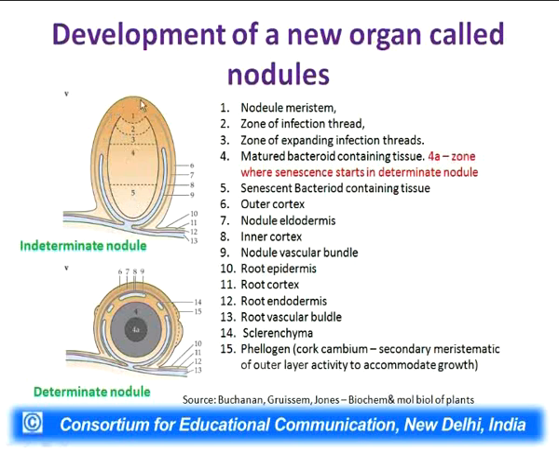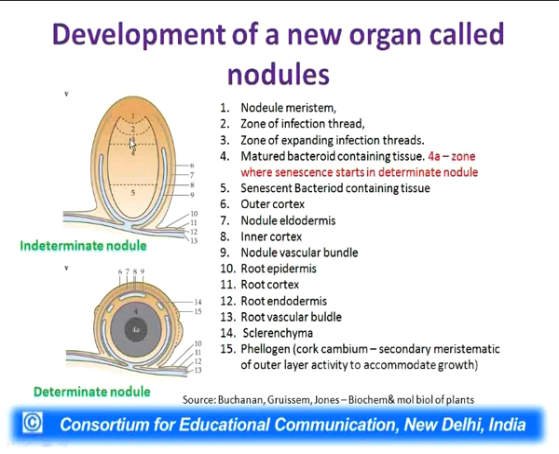So, this is a kind of nodule which does not stop after certain growth, it keeps on growing, and there are different organs made by the plant which look as if they are the plant's own organelles. If you look here, look at this one, number 1. Number 1 is the nodule meristem. That means it is a nodule, but it gets a meristem which is like a plant meristem.